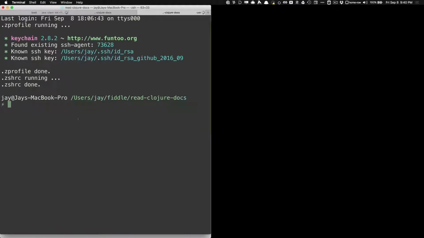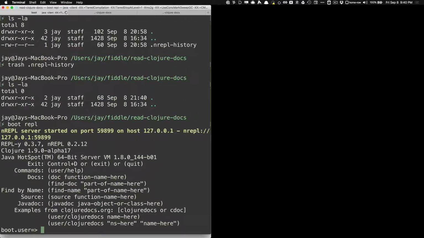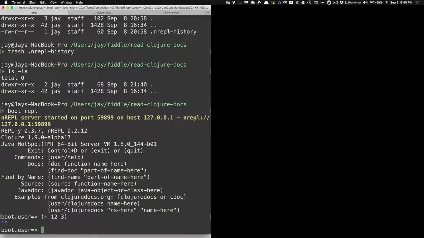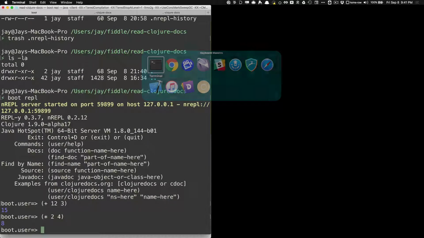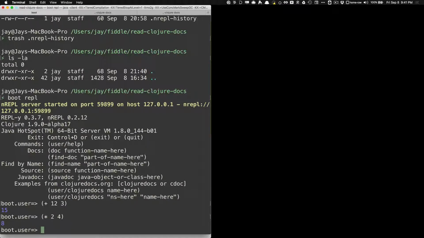And when I do that, now if I open a new tab over here, well, first of all, let's execute a command at the REPL. I'll do plus 12 3. That gives me 15. I'll do times 2 4. That's going to give me 8. And now if I